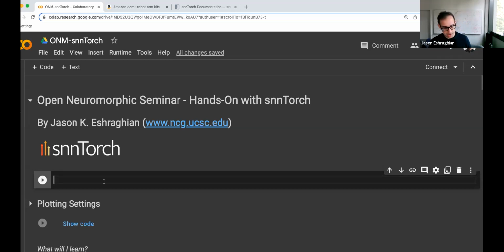So I'll assume there's some prior knowledge, so I can skip the nitty-gritty details of the history of leaky integrate-and-fire neurons, and I don't need to justify why we want to use backprop with SNNs. Of course there are cases for and against; those are addressed elsewhere. This is just: let's get something functional, let's get something working, and depending on how we go for time, go over fancy things and see what tips and tricks we can squeeze out of some snnTorch features.